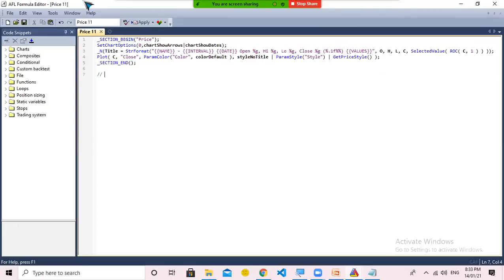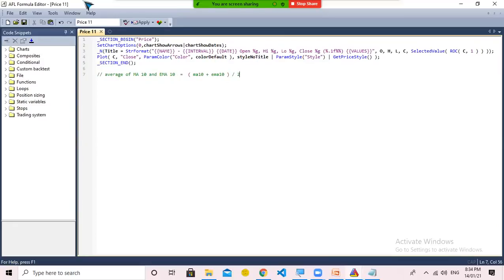So what I'm going to do here is I want the average of MA10 and EMA10. So in mathematical terms, the formula is MA10 plus EMA10, divided by 2.